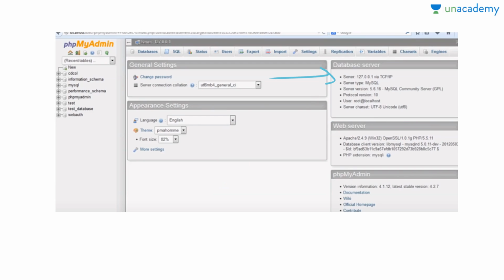Later it shows the server type. phpMyAdmin always gives you the server type that is most widely used, as I mentioned, that is MySQL. Now in the last second line we can see the user, your username, which is root@localhost. Your username here is root, and the charset is UTF-8.